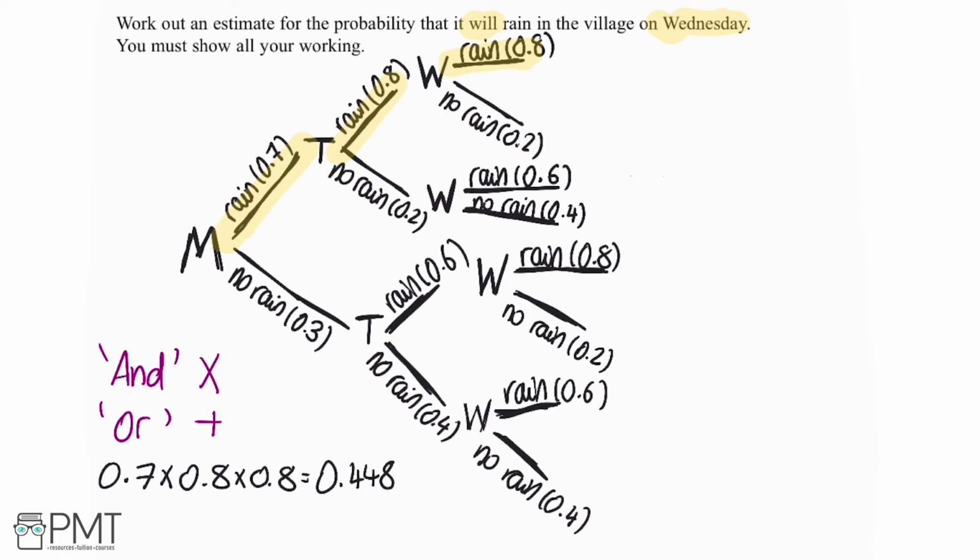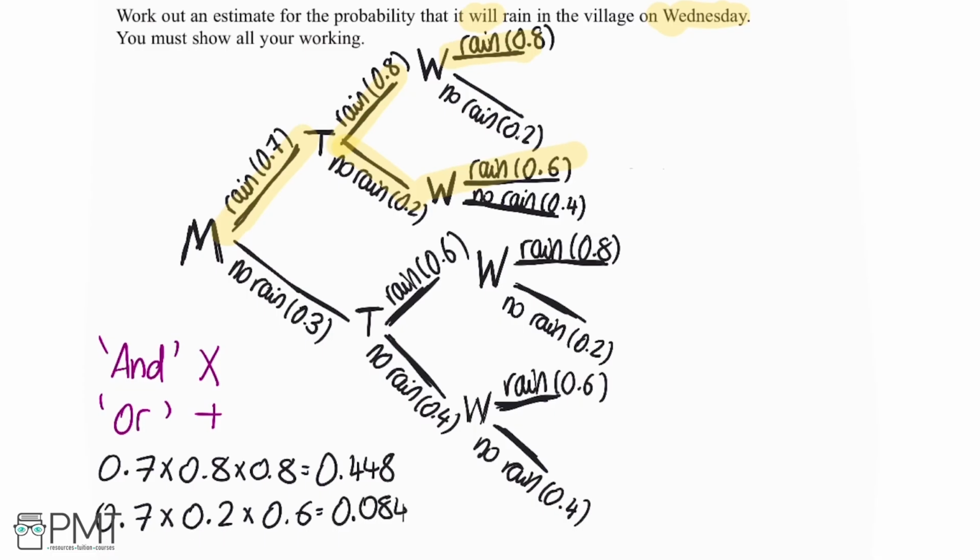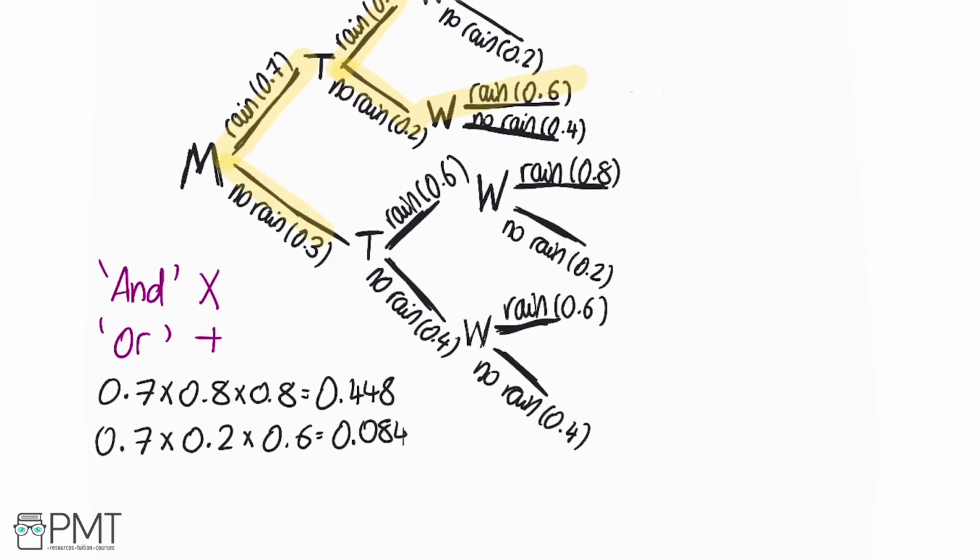Now we could also have it raining on Monday and it not raining on Tuesday and then it raining on Wednesday. So 0.7 multiplied by 0.2 multiplied by 0.6, giving 0.084. So I'm going to look at the other path. Let's say that it didn't rain on Monday and then it rained on Tuesday and then it rained on Wednesday. That would satisfy the condition of it raining on Wednesday and would give us 0.3 multiplied by 0.6 multiplied by 0.8, giving